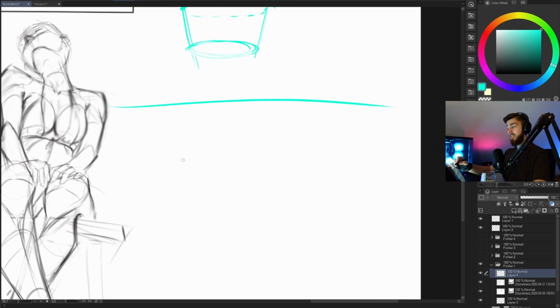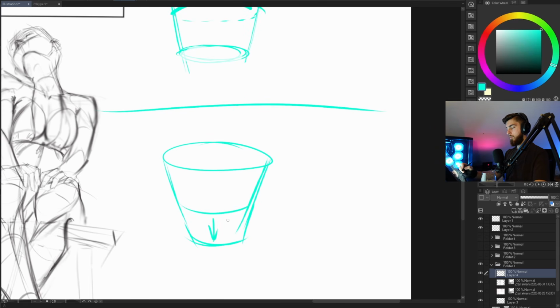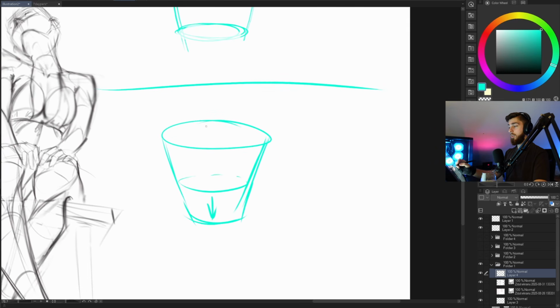Now, if we have another object, let's make it cleaner, like that, boom, boom. And we add another wrapping line, so basically a line that goes around the form. And we see that this line points down. Okay, so it means that the object is below the horizon line, because